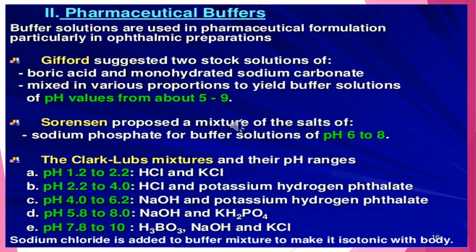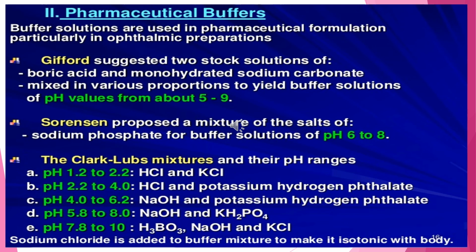Pharmaceutical buffers. Buffer solutions are used in pharmaceutical formulation, particularly in ophthalmic preparations. Gifford suggested two stock solutions, boric acid and monohydrate sodium carbonate, mixed in various proportions to give buffer solutions of pH value from about 5 to 9. Sorensen proposed a mixture of salts of sodium phosphate for buffer solutions of pH 6 to 8. The Clark and Lubs